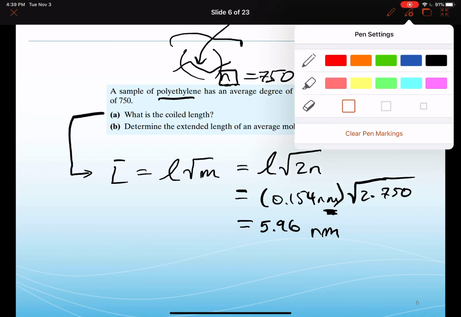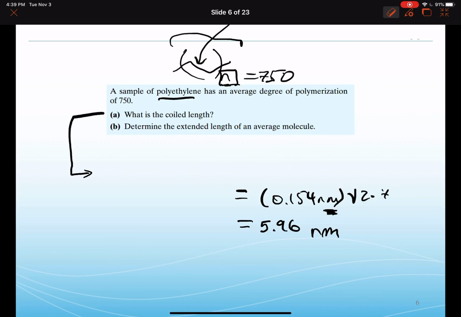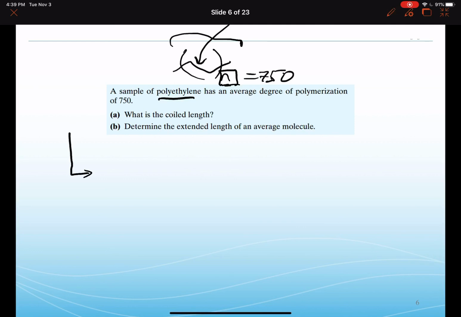Okay, let's make some room to answer part B now. Okay, so in attempting to answer part B, we want to determine the extended length of the average molecule represented by this polyethylene with a degree of polymerization of 750. So here we'll use our other equation. The L sub ext is going to equal 2n. We're using the substitute from what you saw a moment ago. So that was formerly m, but we've installed the 2n